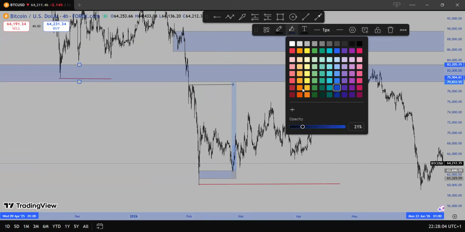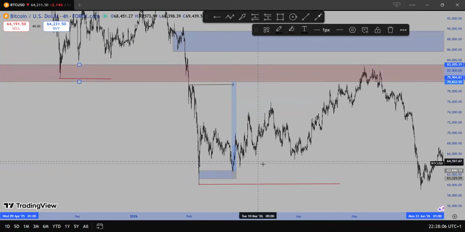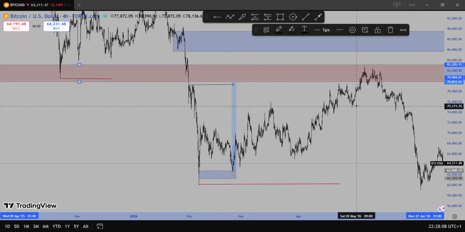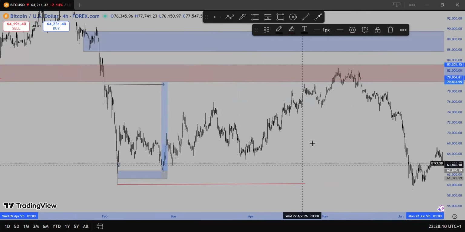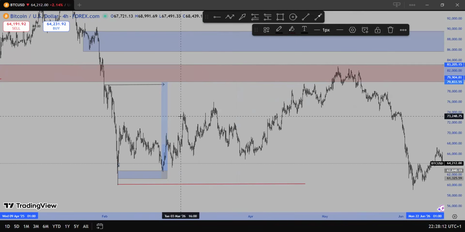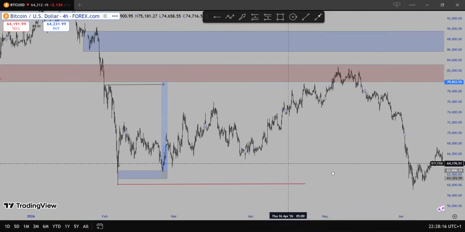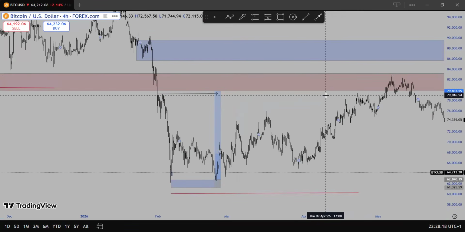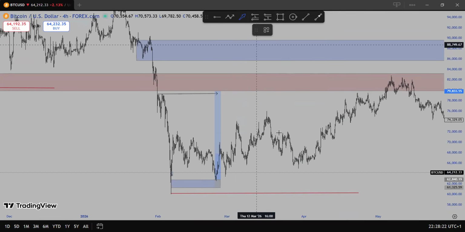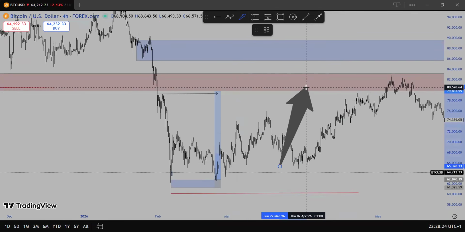Until the market reaches this breaker block, we will not be looking for sales anywhere. Anything that we're going to do is look for buys. Look for a break of structure to form, and we will be buying till the market taps into this zone. And even if the market taps into this zone, we will not be looking for sales anyway until we have